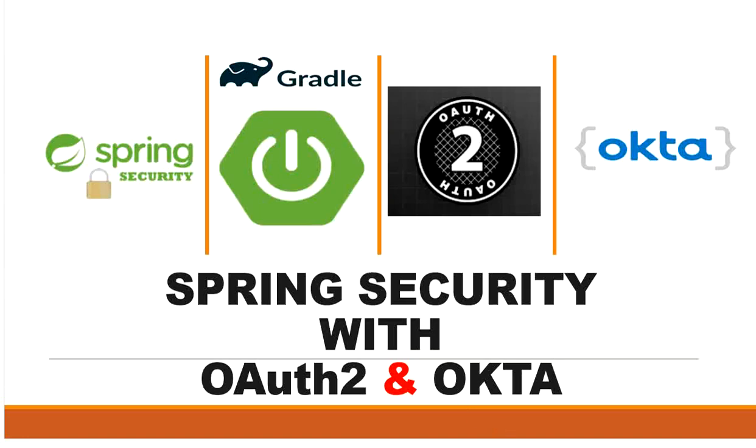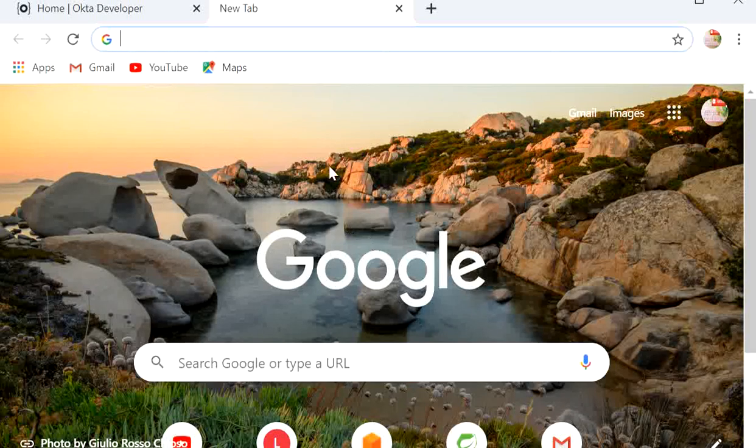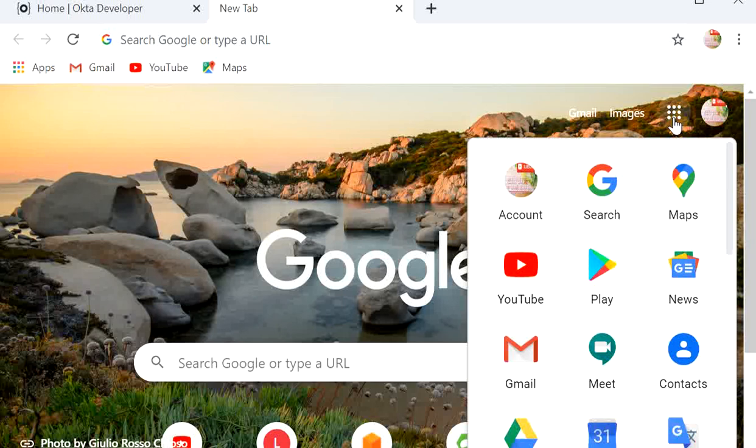In a real-time example, if we sign in to our Google account, then there is no need to re-enter credentials to access Gmail or YouTube or any Google app.